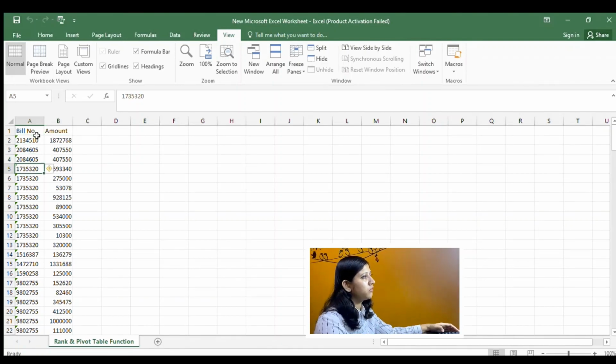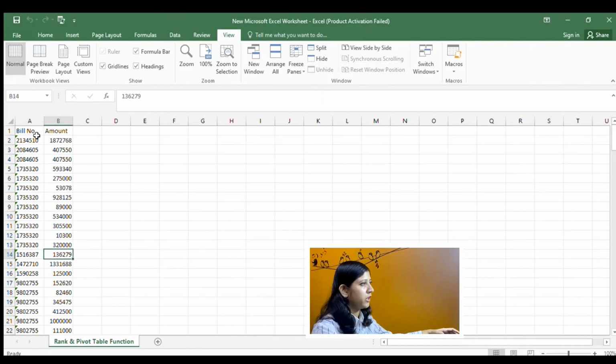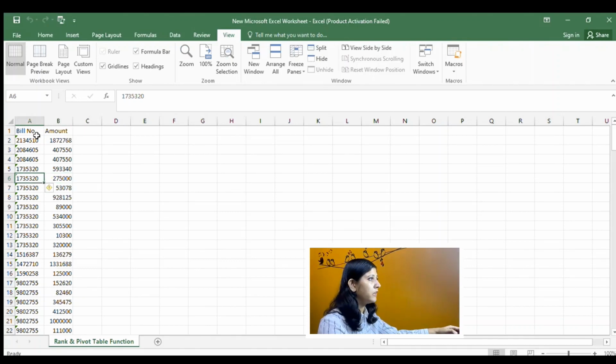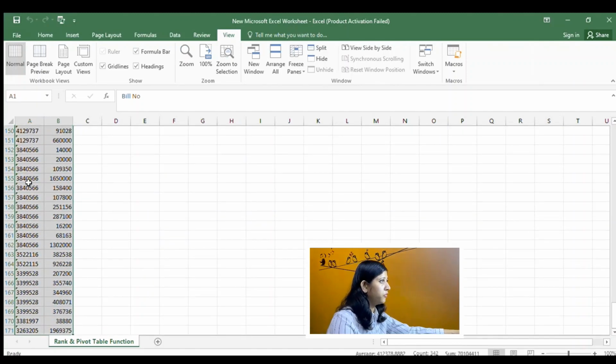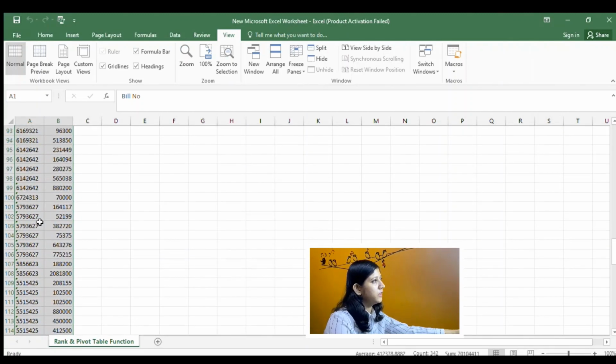So let's suppose in the given data we have multiple invoice numbers and there are multiple values, and I have to rank these values. Let's say these are the bills of certain parties, and I have to check which of these parties give us the maximum sale. I have to rank these invoice numbers based on the sales value generated. So what I can do is, first of all, I'll make a pivot table of the selected data.